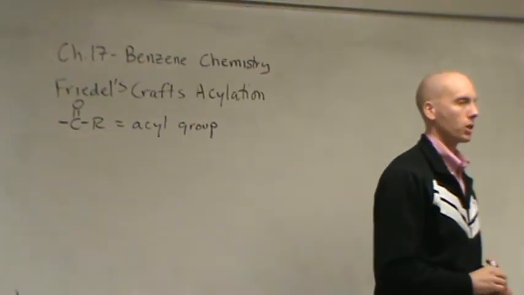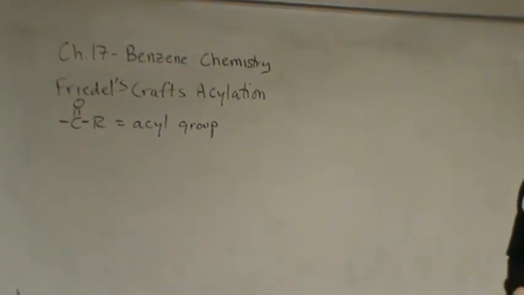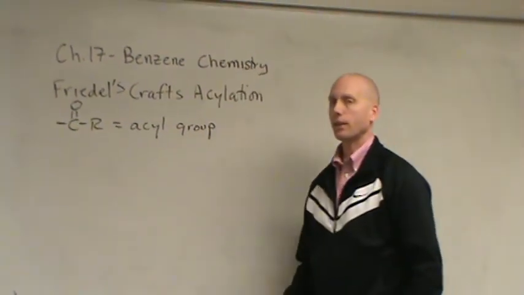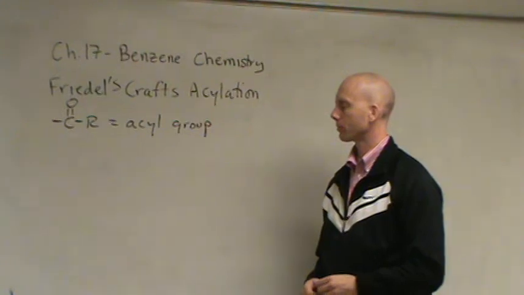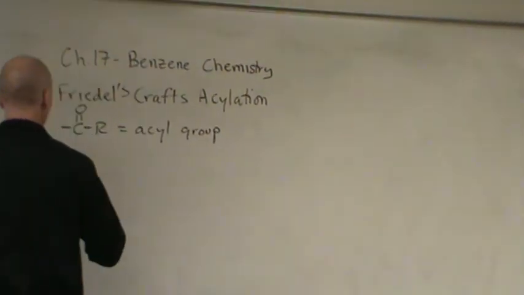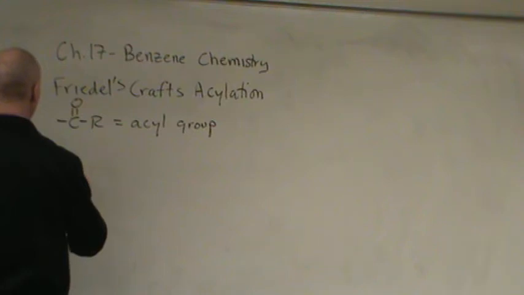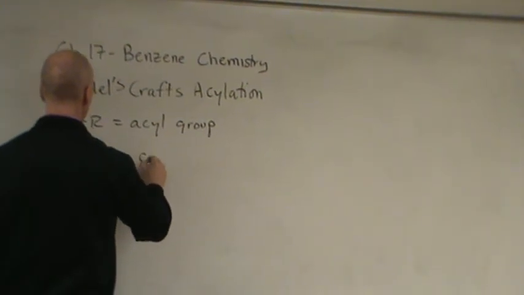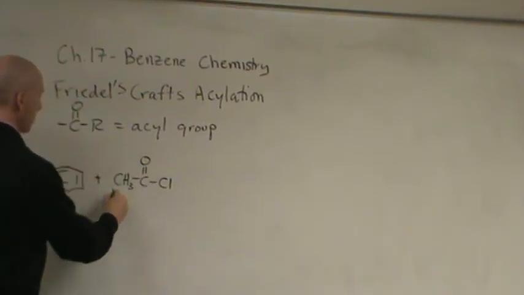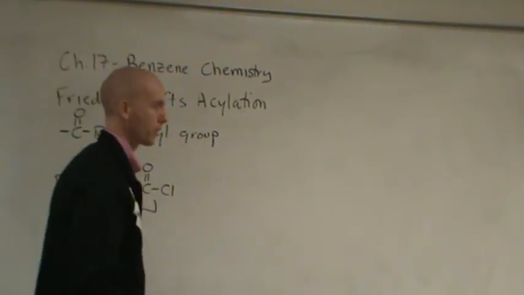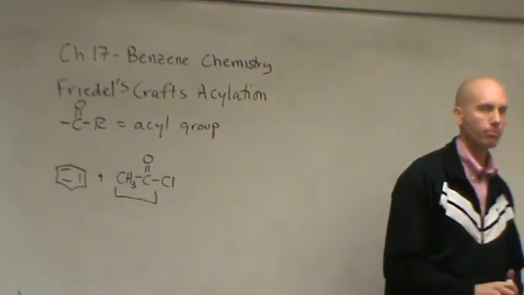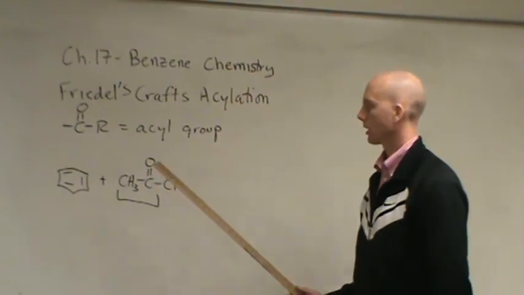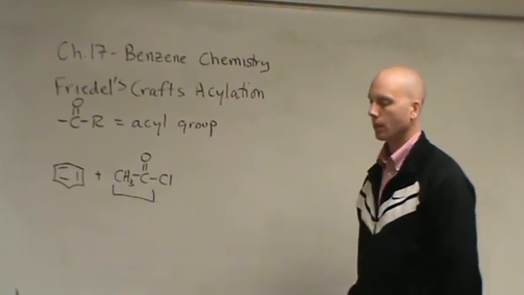This kind of group here is what's called an acyl group, where I have some kind of alkyl group attached to a carbonyl, and that's what I want to put on the benzene ring. So for example, suppose I wanted to put on this group on the benzene ring. What I do is simply the same thing as the Friedel Crafts alkylation. I put a chlorine on the carbonyl,